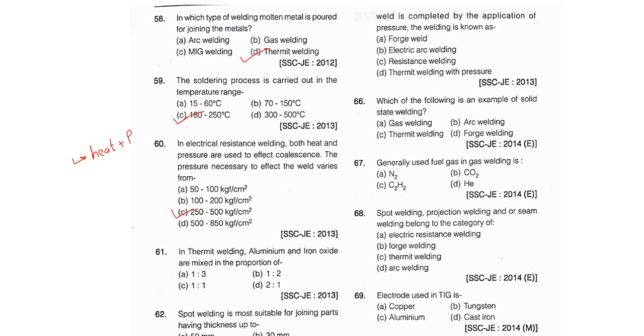Okay, now next, when we talk of current, it is in the range of few kiloampere. Next, when we talk of voltage in case of resistance welding, it is around 2 to 12 volt. Okay, and when we talk of the time for which the current is passing, it is up to few millisecond to few seconds.